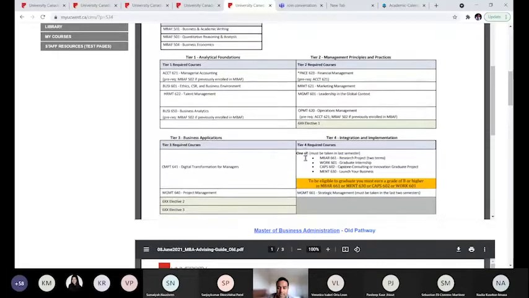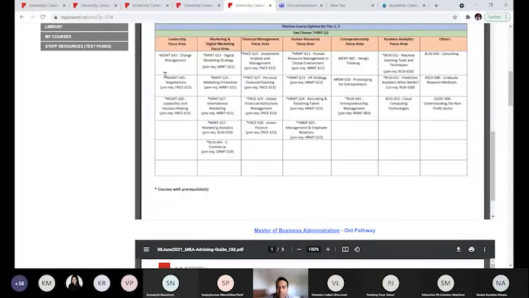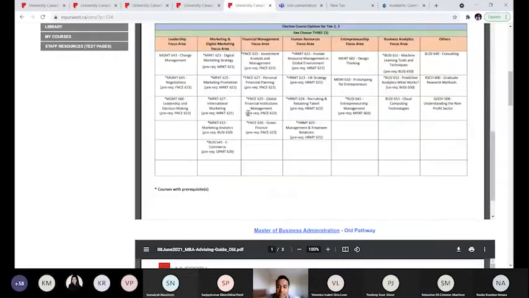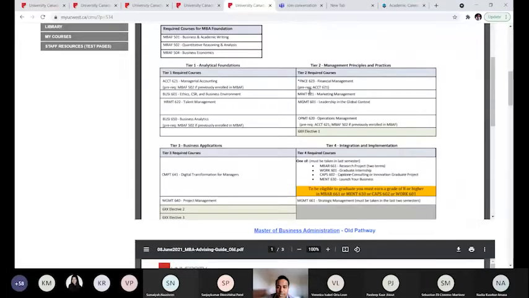What are the elective highlights, highlighted in green, and what are these electives that you can choose from? Leadership focus area, digital marketing, financial management, human resource, entrepreneurship, and business analytics focus area, and some other electives. Some of them have prerequisites. In order to take electives, you would be required to complete some of your main required courses prior to that.